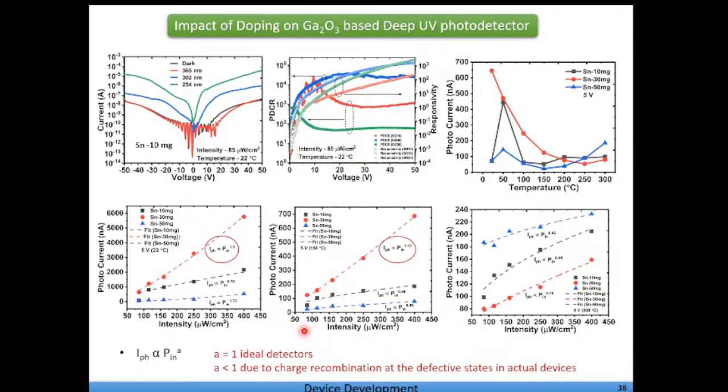Again, most of these photodetectors have efficiency above 100%. That means one photon is essentially giving us more than one electron-hole pair. So we are still trying to understand what is exactly happening. With this, I'd like to conclude